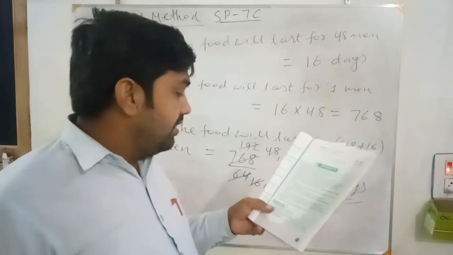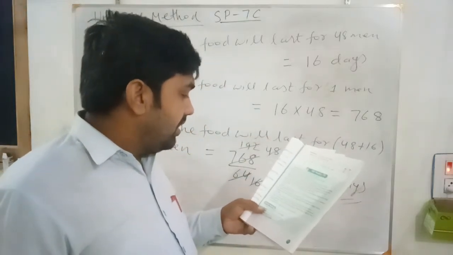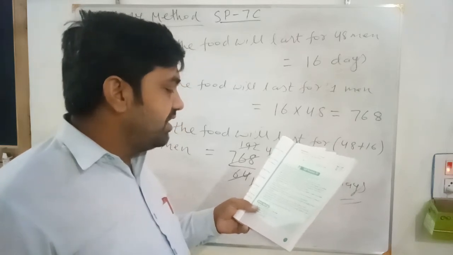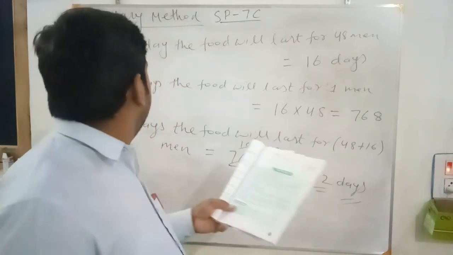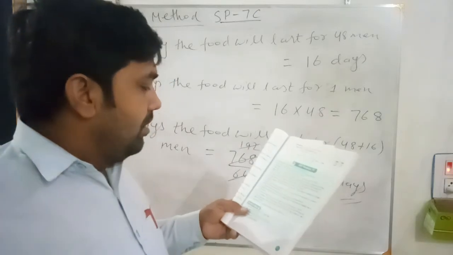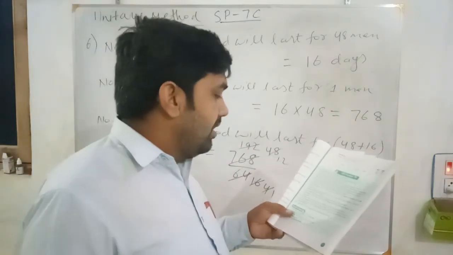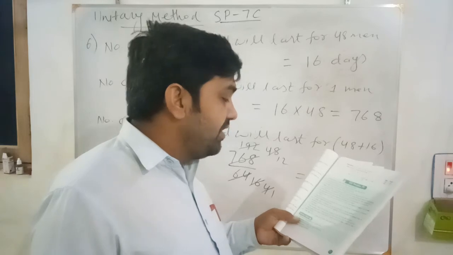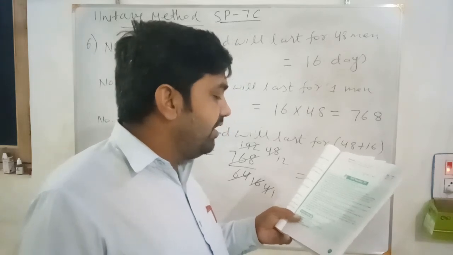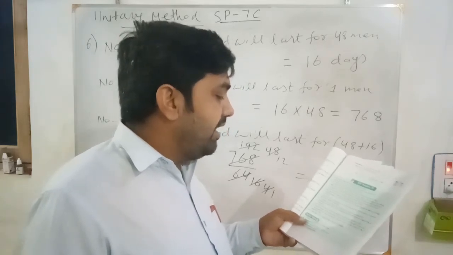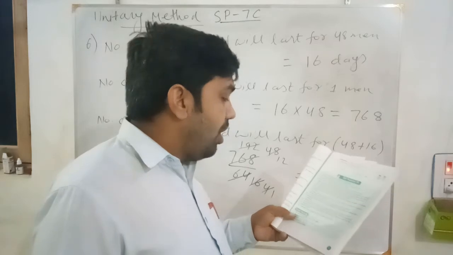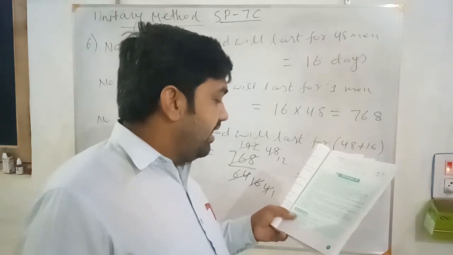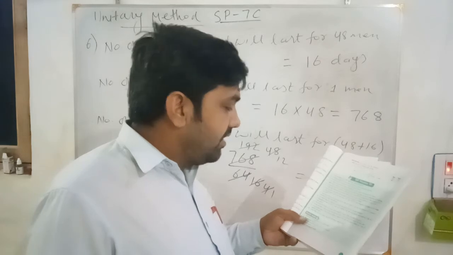Similarly to question number 9 also. A garrison of 1200 men has the provision for 60 days. The same way which I have done question number 6. Here 1200 men have a provision for 60 days. How long will they last if the garrison is reduced to 600 men? And in the second case, reinforced by 800 men.